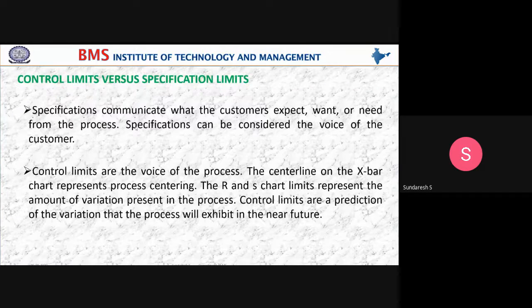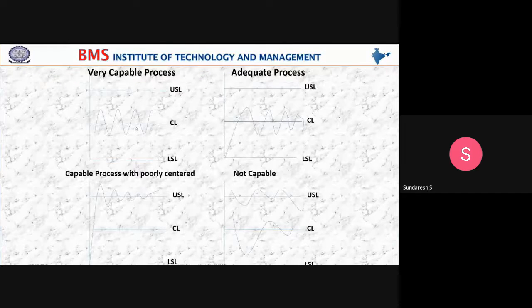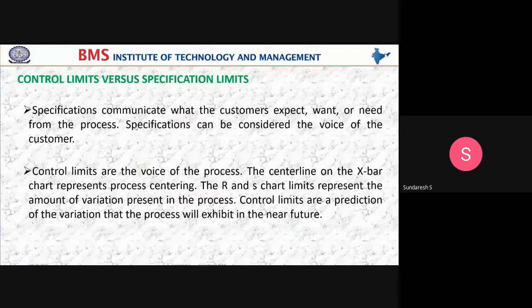Next comes, before we have a capable process and all these things, I have certain definitions: control limits versus specification limits. Specifications communicate what customers expect, want, or need from the process. Right. So when you want to do any process capability study,